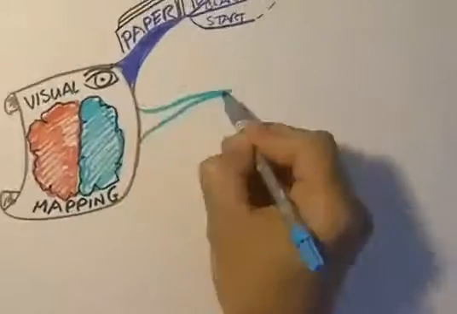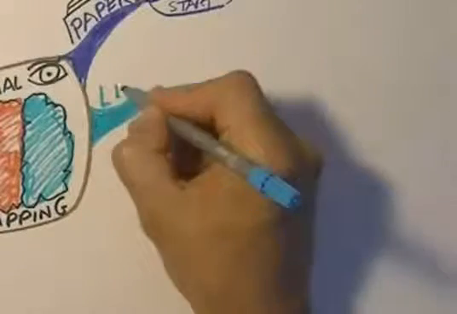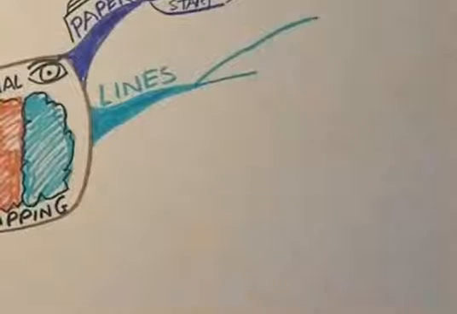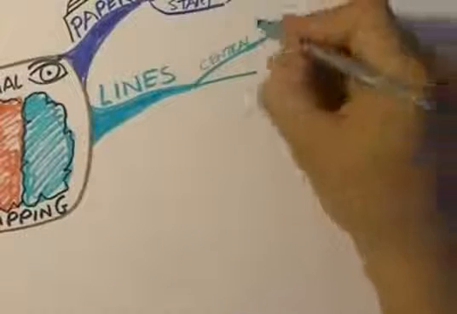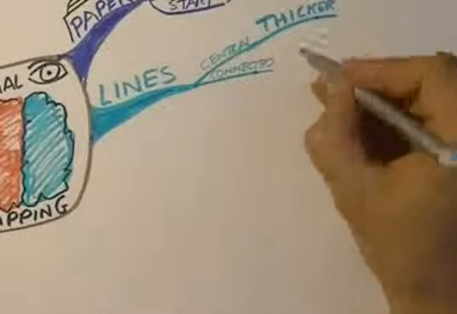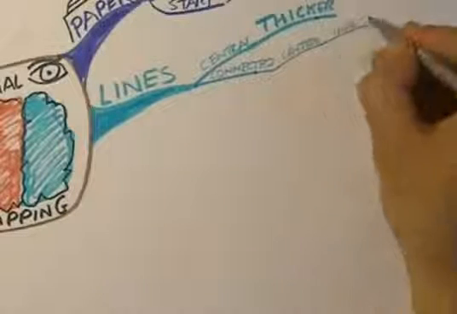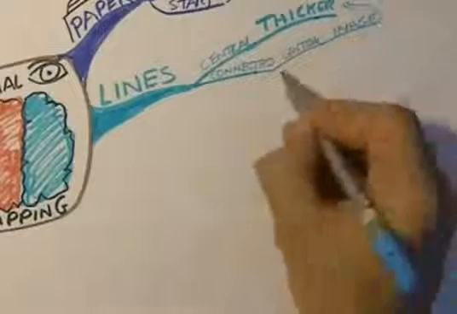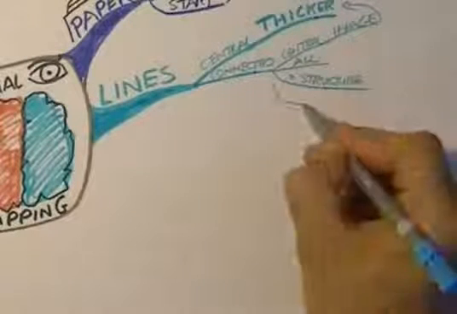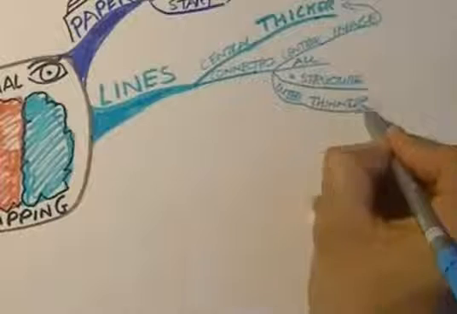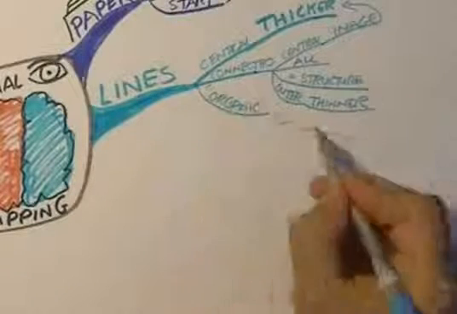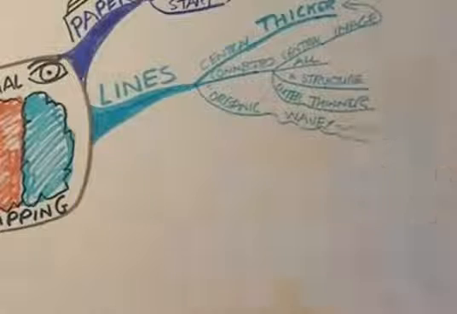The next branch is all about the use of lines on the map. The lines are thicker at the center so that you make it extra clear that it is a key topic, and these are connected to the central image. All the lines are connected, which creates a very clear structure, and the outer branches as they move out become thinner. It's really important to make sure the lines are wavy and organic so they become really distinctive and stand